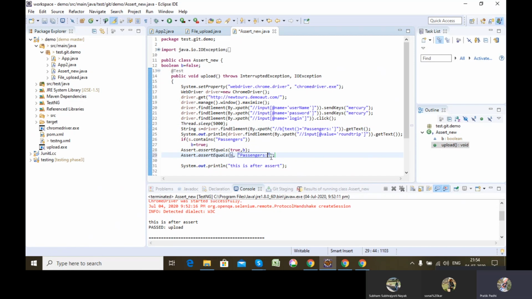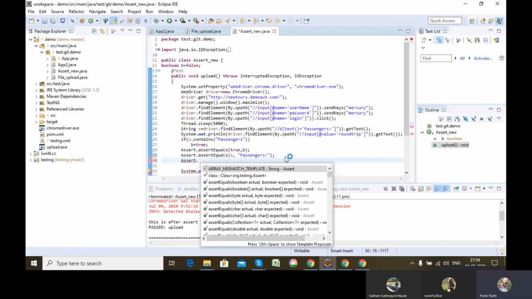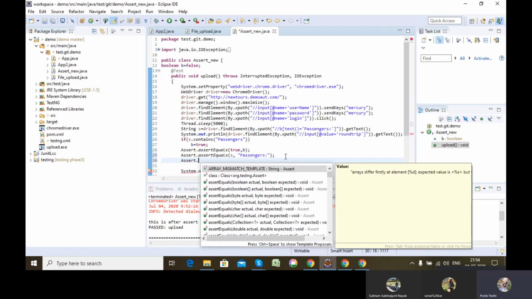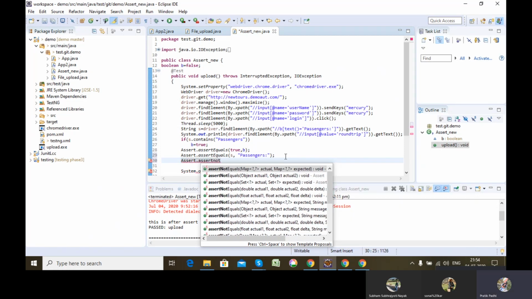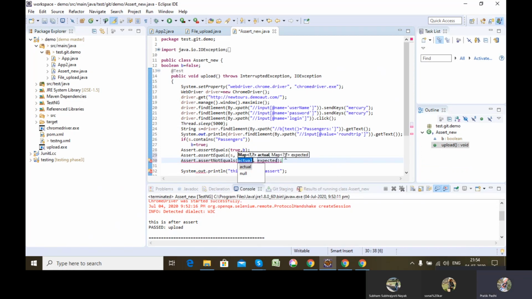Then there is also one function for assert, that is assertNotEquals. What this will do is, if expected and actual are not equal, then only the test case will pass.